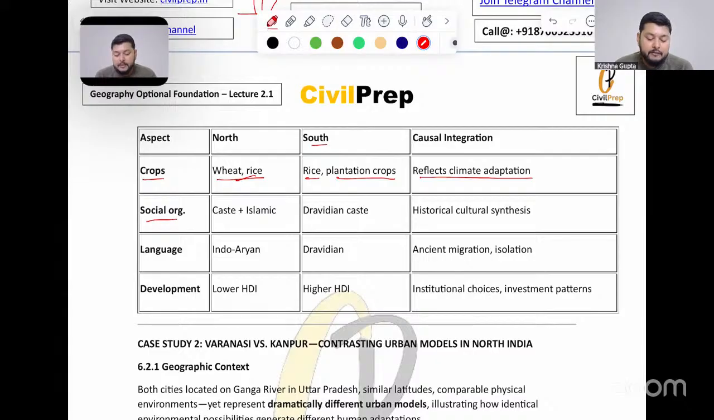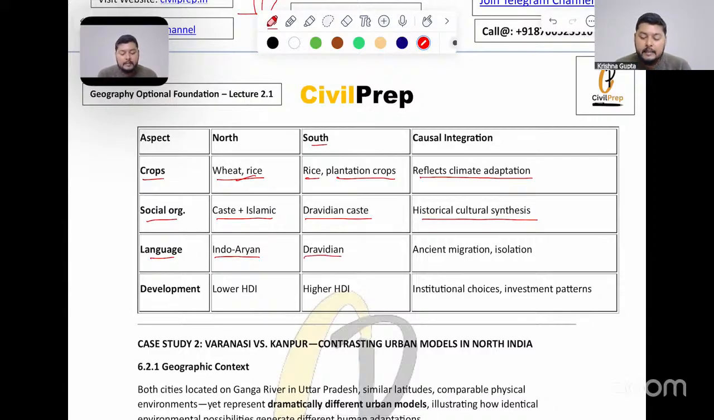Social organization, when we talk about it, is the caste plus Islamic influence present in North India, while in southern India the Dravidian castes are prevalent. Historical cultural synthesis is present in both the regions. When we talk about language, North India has Indo-Aryan languages, while southern India has Dravidian